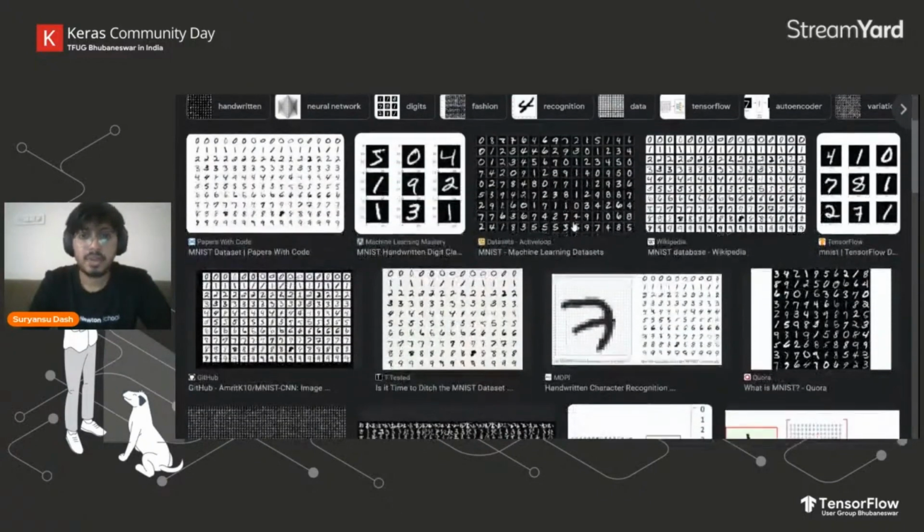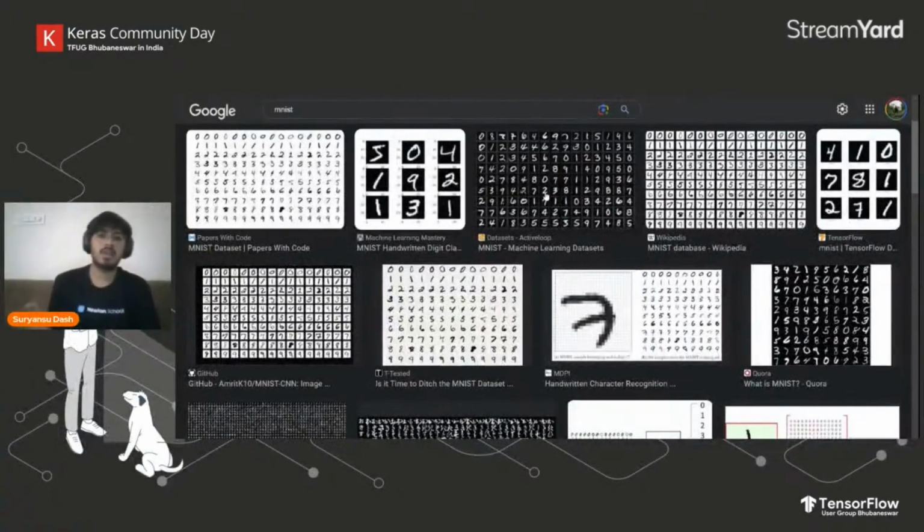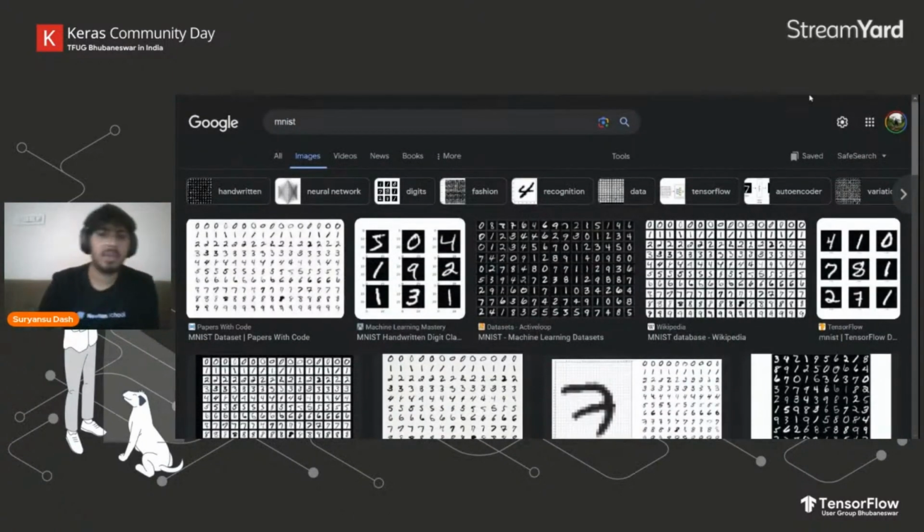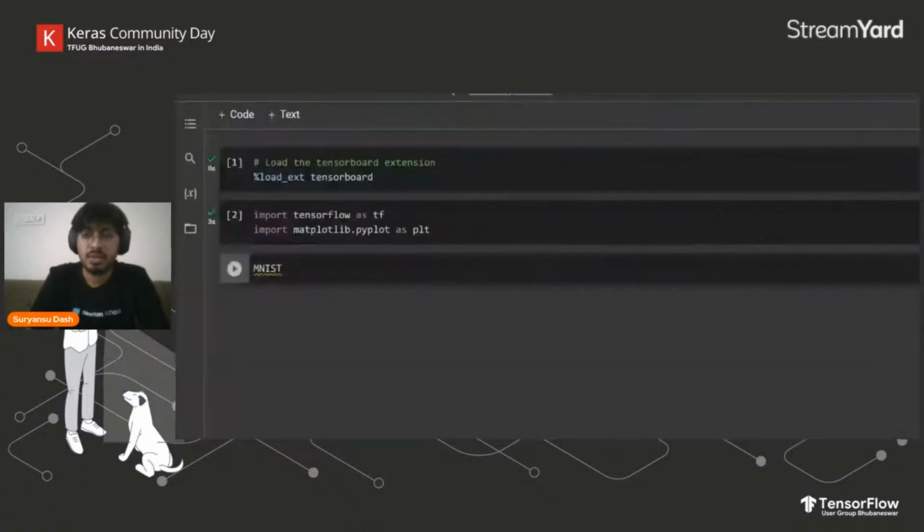This is basically MNIST data. It contains images of numbers and the respective labels 1, 2, 3, 4, 5, 6, 0, 8 to 9. So it's a very classic data set which is used in deep learning frameworks to train a model to understand or predict numbers based on their image. It's a very useful application even in NLP and so on. So we'll be using an extension of this MNIST data called Fashion MNIST.